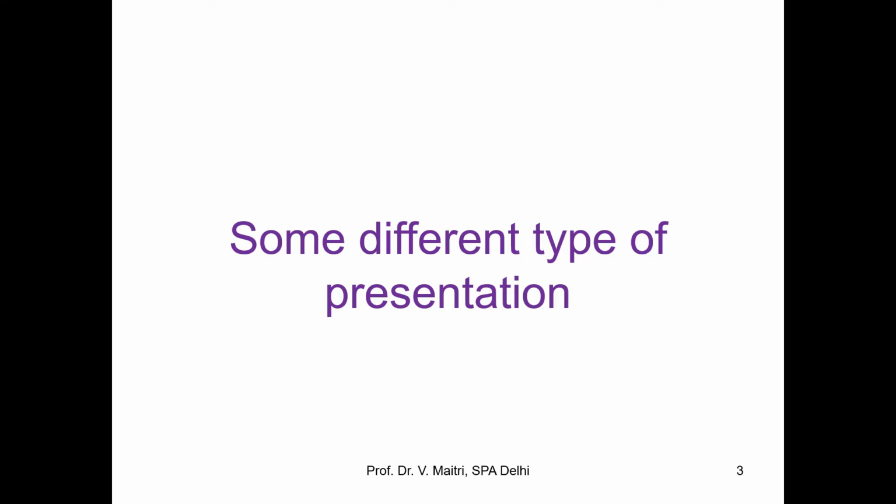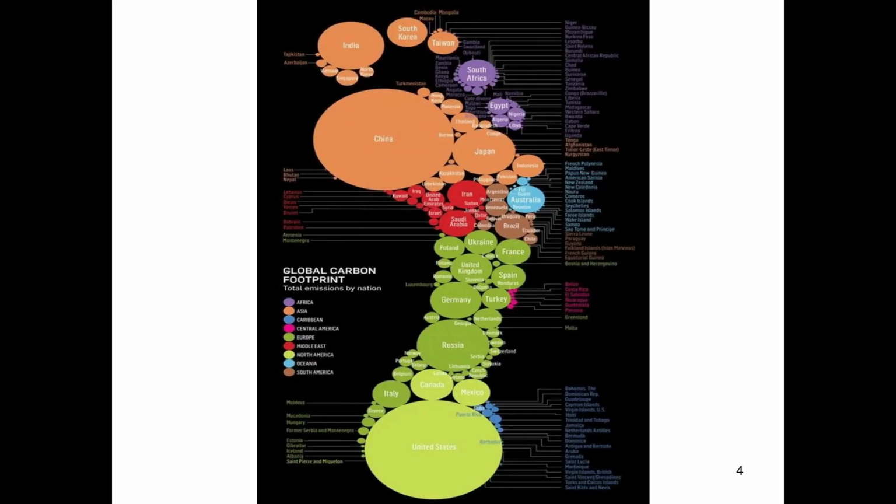Let me take the first example, the global carbon footprint. You know how many countries there are in the world? If I go on putting a bar diagram, a pie diagram, a histogram, or any other diagram, it will be very difficult for people to appreciate that. But just see, by seeing a footprint, immediately everybody can grasp it. Okay, this is the footprint which they are showing.